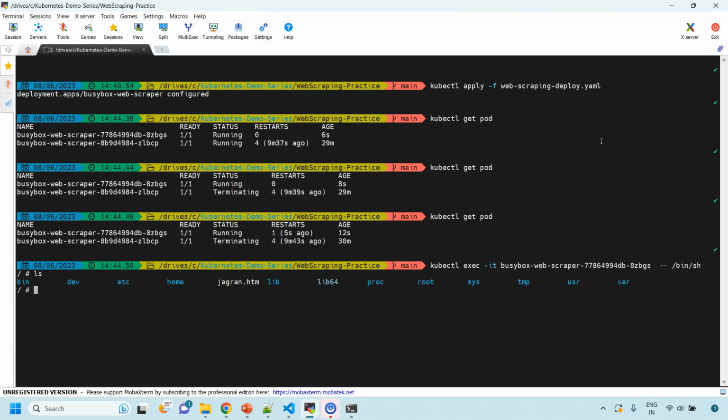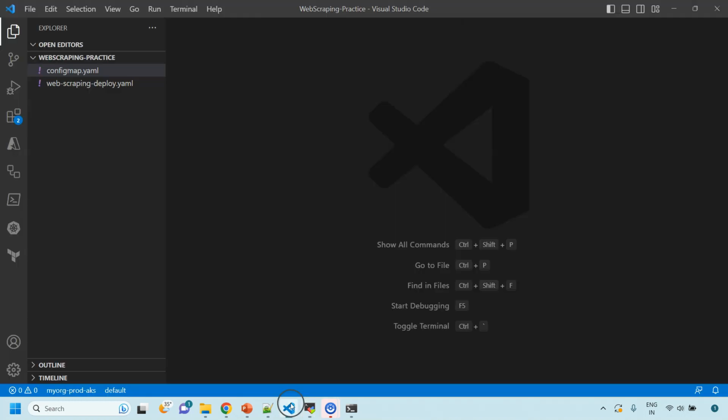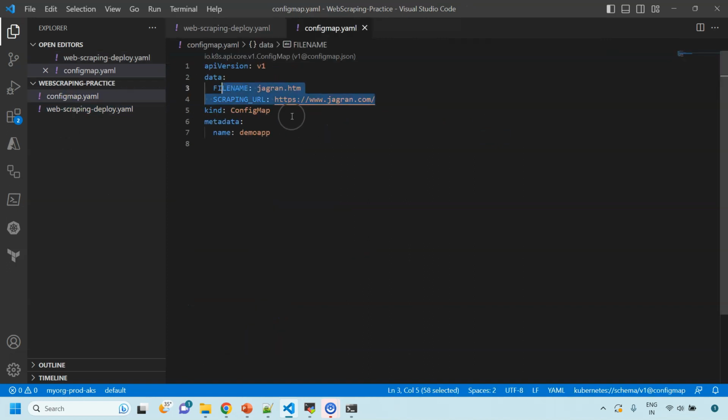Okay, nice. There we go. I see there is one file recently created with the name jagran.html. From where should this value have come? So I'll go to my deployment file and I'll see, okay, the file name is here and it has to come from the ConfigMap. Inside the ConfigMap, indeed we specified the file name like this only, and that is the reason this